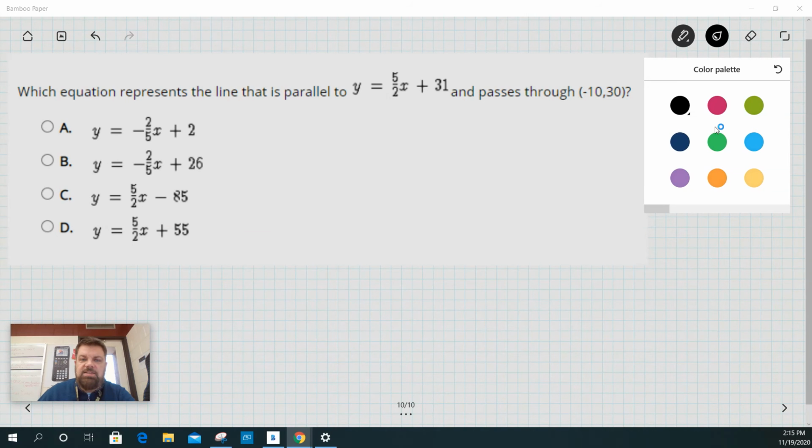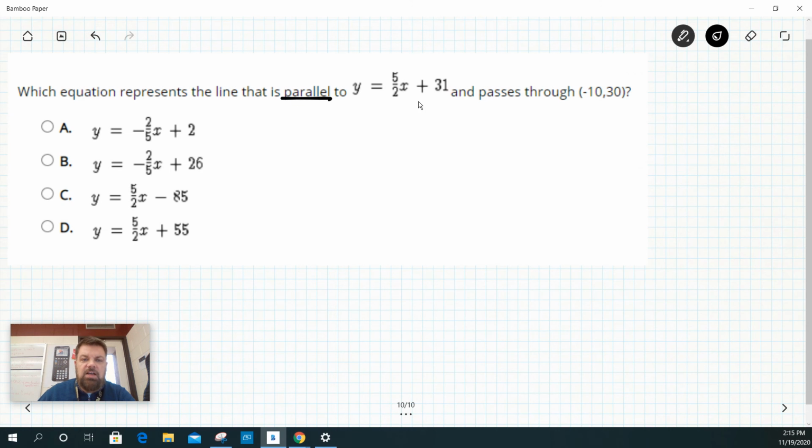All right, so this one says a line that's parallel to the equation y equals 5 halves x plus 31 that passes through the point (-10, 30). So for parallel lines, remember,